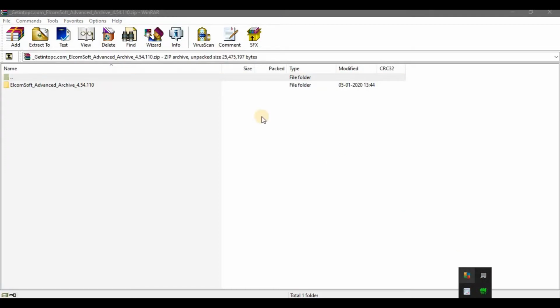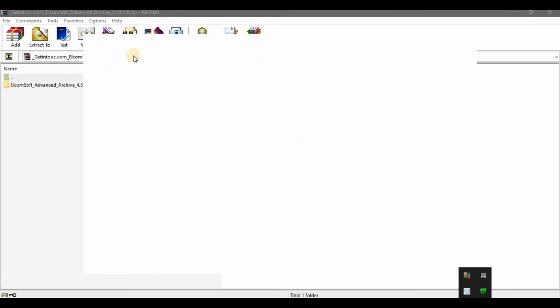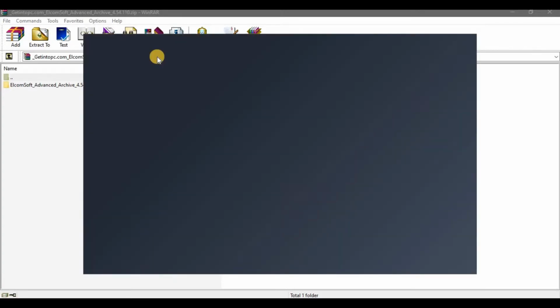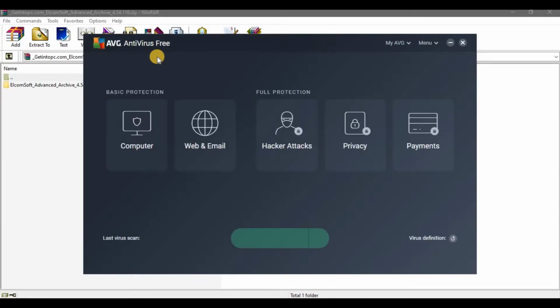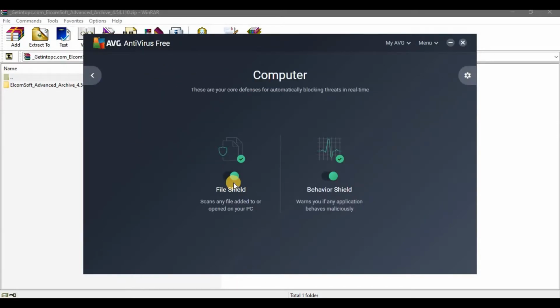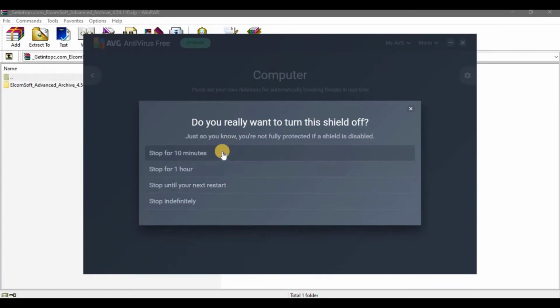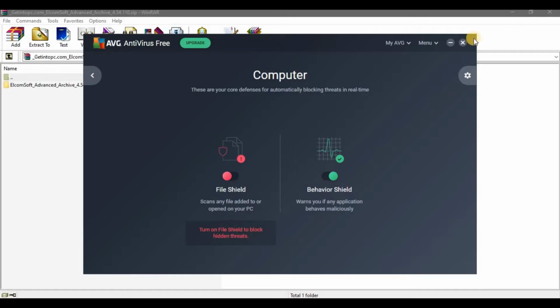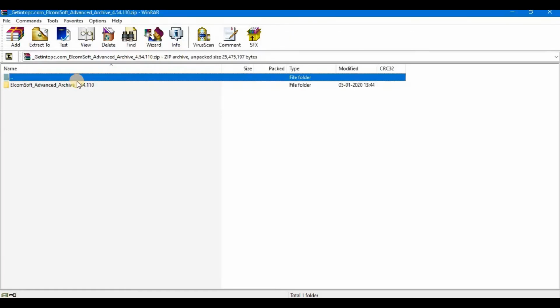Before installing, you need to deactivate your antivirus real-time protection so that it does not interfere with the installation process and the cracking process. So let's stop it for a couple of minutes so that it does not affect our process, and now you can easily install it.